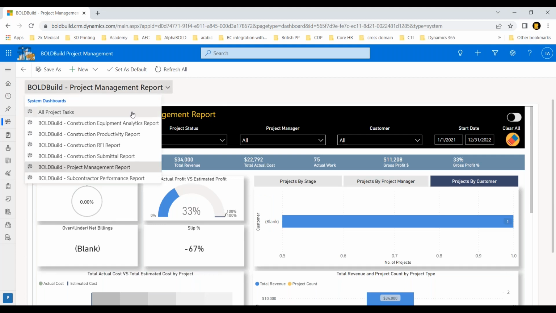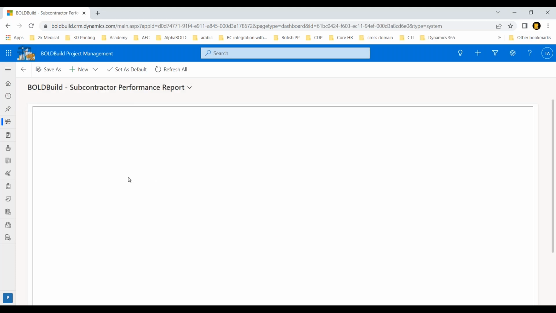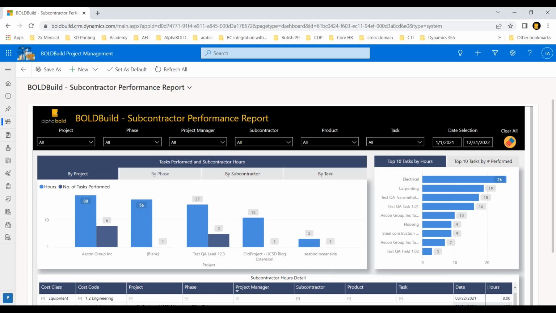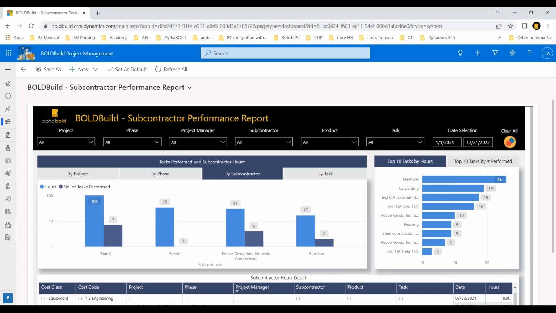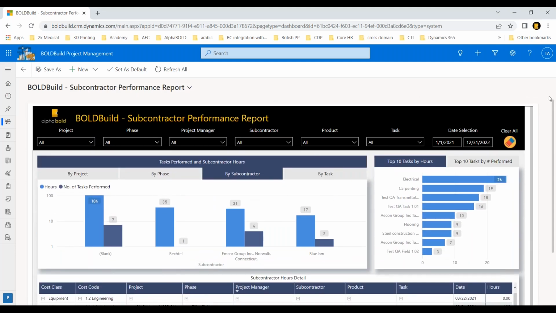All that information is there, but this is not just internal. We have a portal as well that your contractors can use, and I can click on subcontractor in here. Your subcontractors will be able to go in, and you can track their progress as well if you have some. In this project I didn't have any subcontractor, but I have Bechtel providing some services on some of the other projects, so I see them in here as well. So we have this whole dashboarding module already as part of the Bold Build offering, which is huge for your executives because it gives you an oversight of all the projects that you have within your organization.